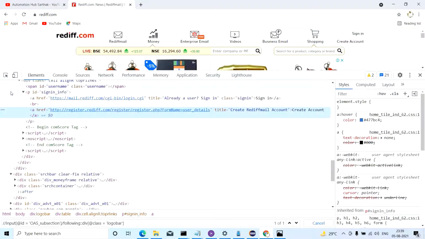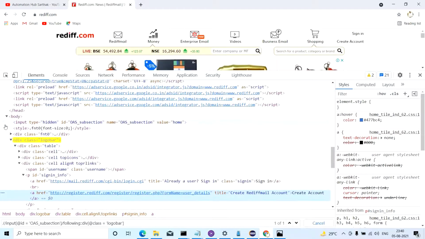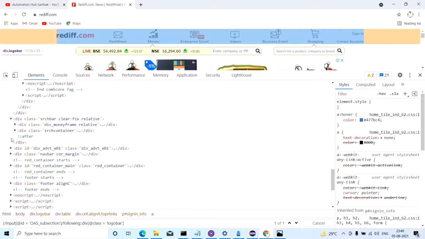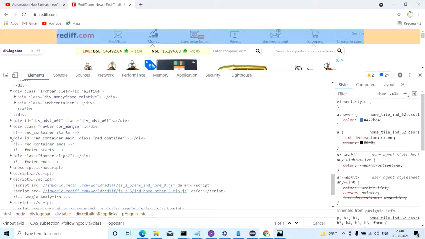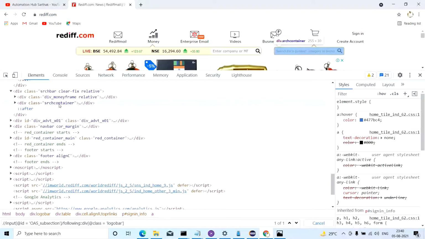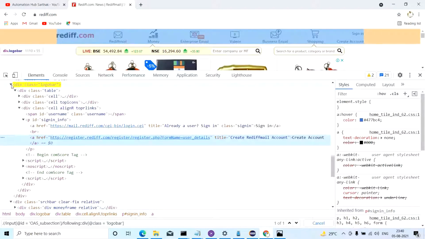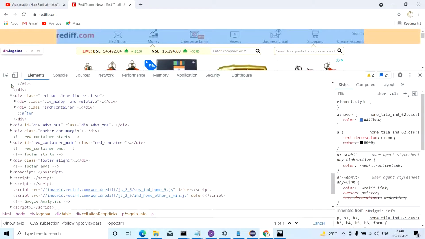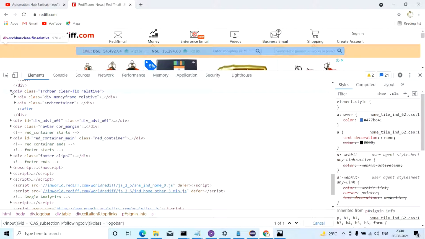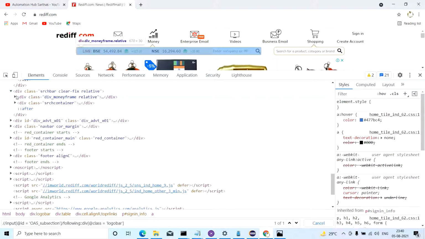You come down somewhere, maybe you are interested in this particular SRH container. Now if you hold your mouse steadily and just scroll it down, this is the sibling. Now this sibling has these two children. So I'm just trying to go inside the child of one of my siblings. That is what I'm trying to traverse.